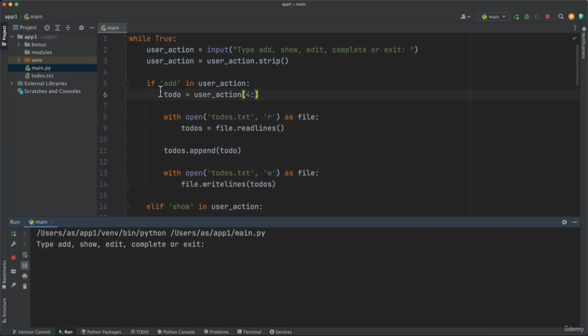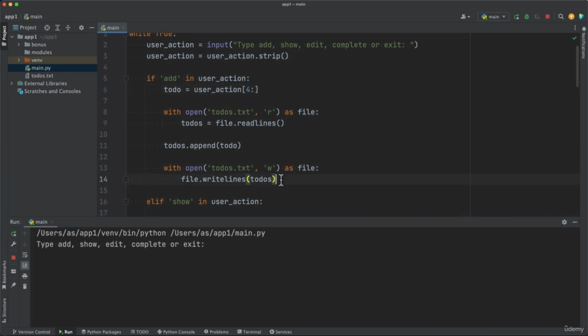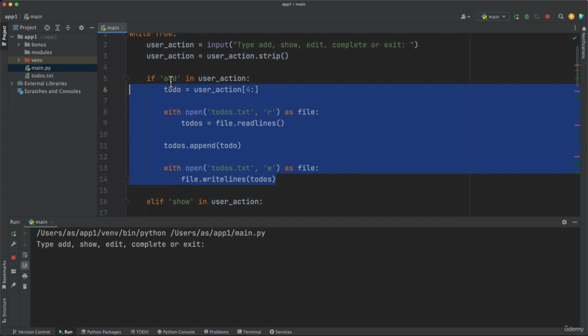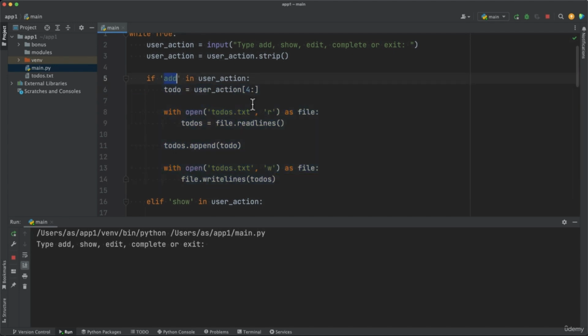To add new to-do items, this code is executed. So that code reads the existing file and appends the to-do that the user enters here in the list, and then writes that list in the file again. So we end up with a new updated to-do list. So this code is only executed if add is in user action. Now, what if we also want to allow new to be in the user action? Well, you can do that using